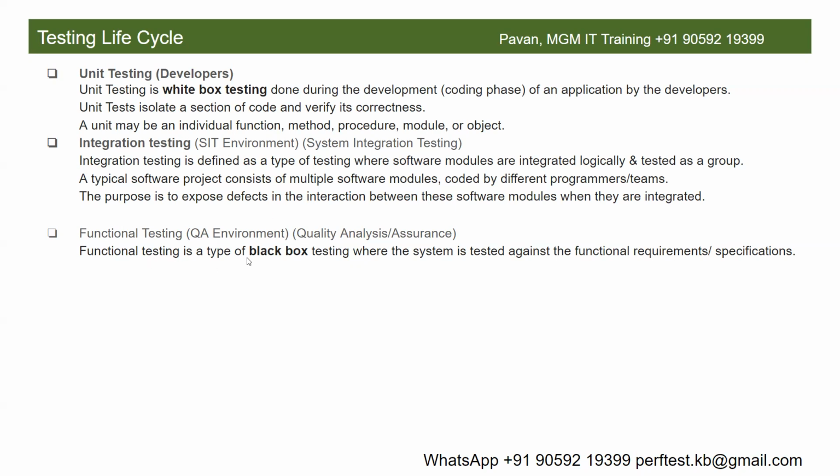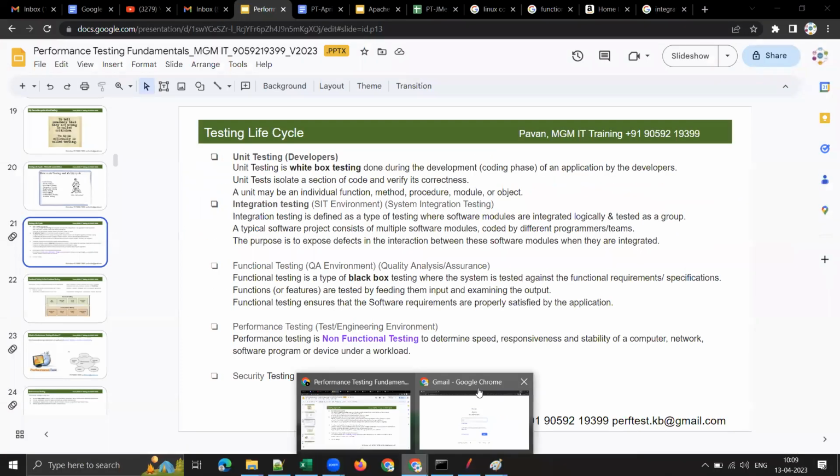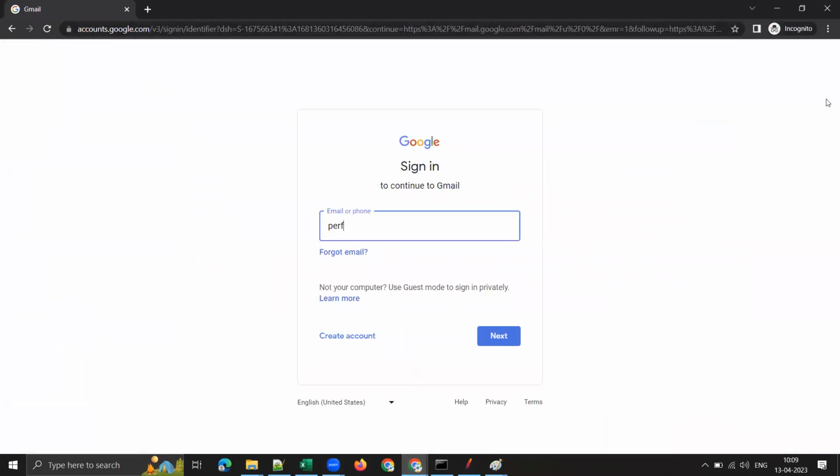Fine. Okay. So functional testing is a black box testing where the system is tested against the functional requirements or specifications. Right? Now let's understand this statement. What is meant by functional testing? So for that, I will open Gmail in a private browser, so that let's say we are testing this Gmail application,